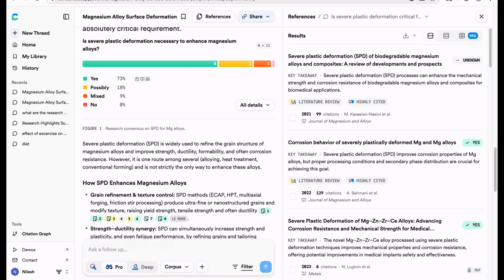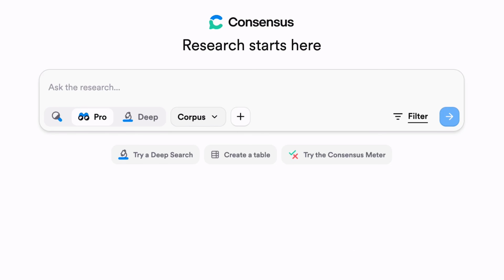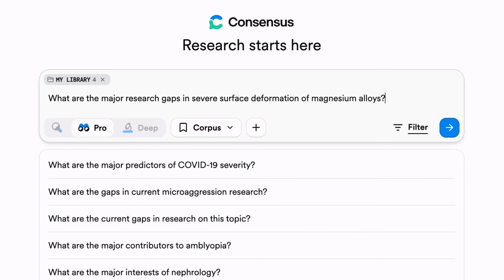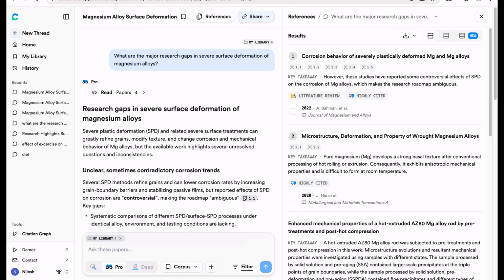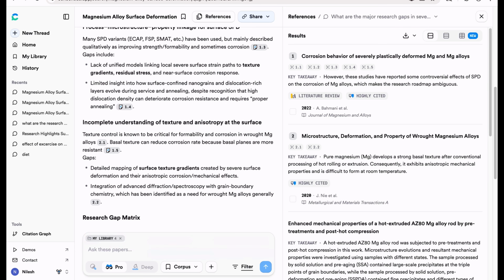Now let me go back to this prompt meter, and now you can go on asking different research questions so that you can fetch the required information that you can further use for writing your literature review article. For that, let me first limit this answer to my library, and I may be using this research question: what are the major research gaps in severe surface deformation of magnesium alloys? So I have searched that with Pro, and here you can see the research papers are 4 because I have uploaded only 4 research papers into my library, and this consensus app has accurately fetched the literature gaps from these